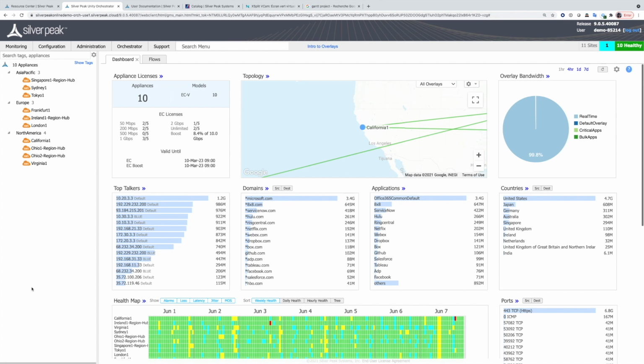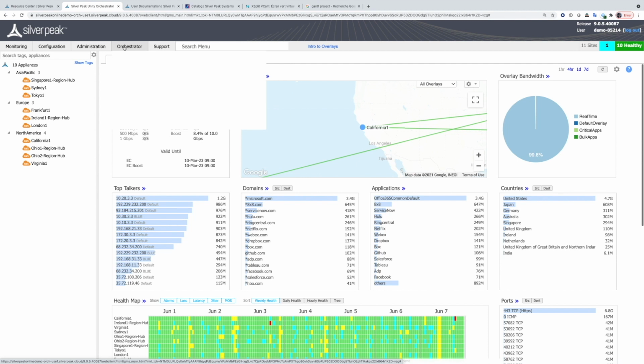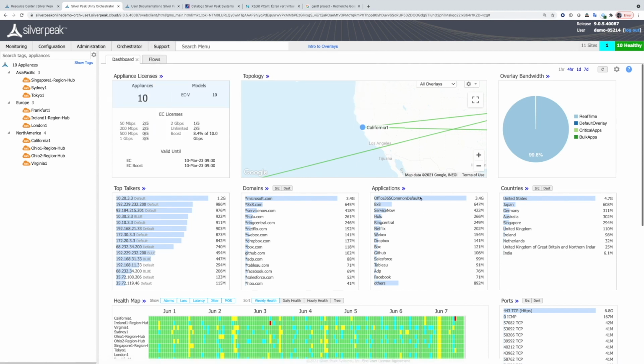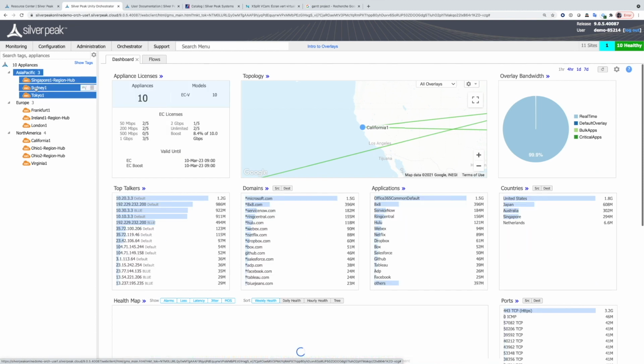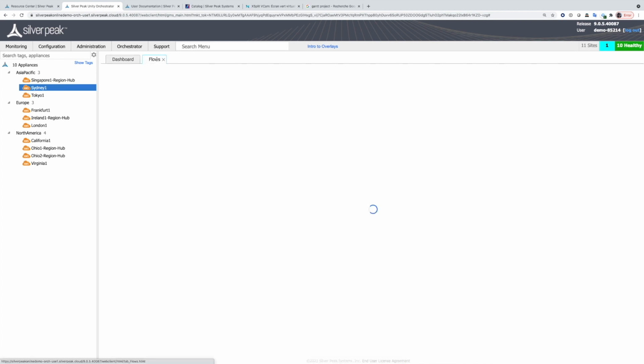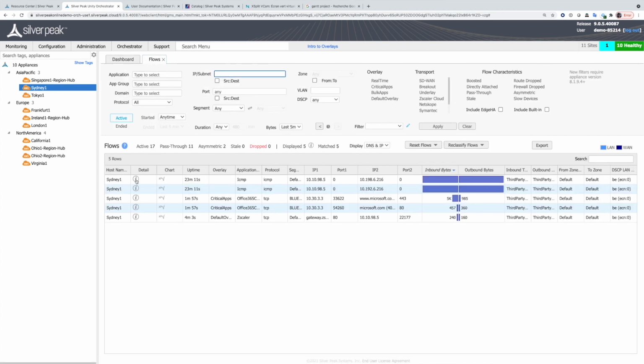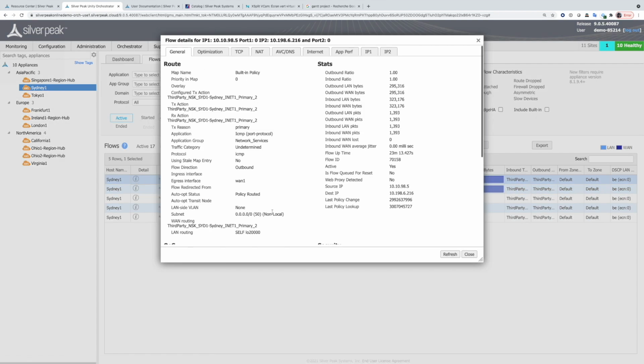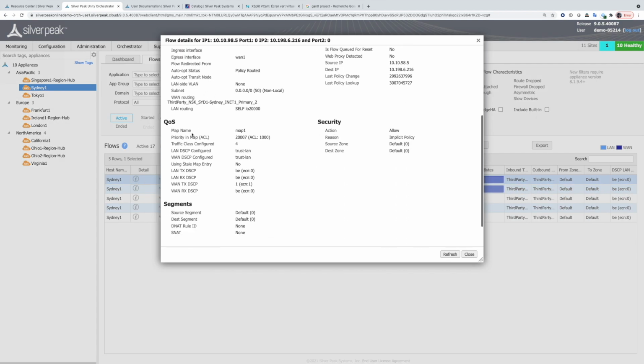This is a lab, obviously, but it has lots of data that can show how extensive is the visibility of Silver Peak SD-WAN solution. You will get access to all the menus, so you will be able to play along and see what are the different information you can get out of this solution. You can have a look for the whole network. You can also focus on a specific group of sites and also see the information for a specific site. Then you have the flow table that provides details about a flow. So you will see the routing, the quality of service, and the security as well.